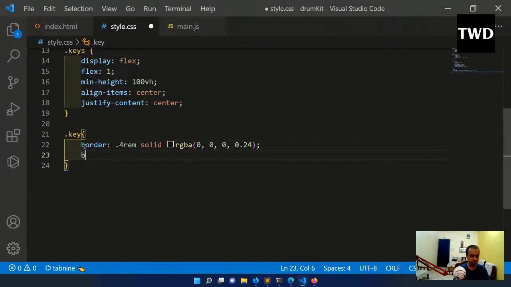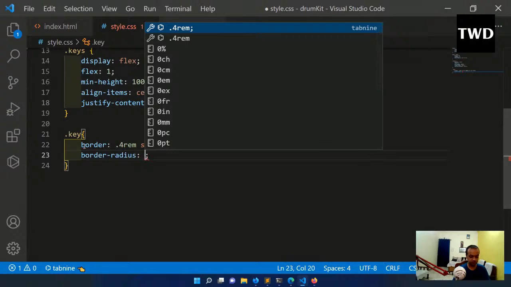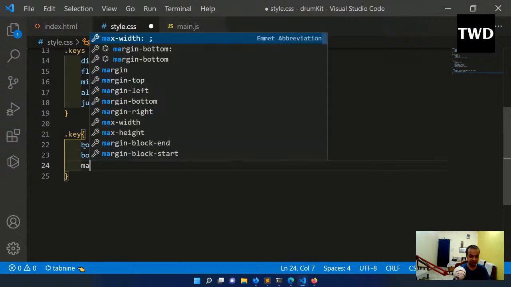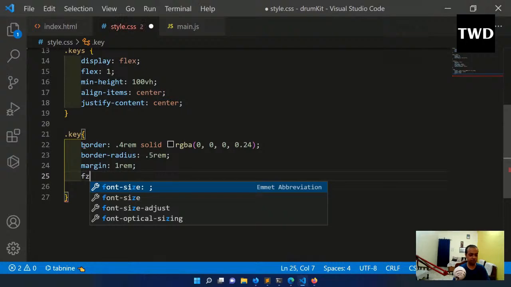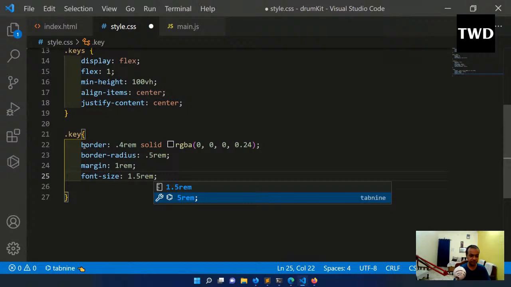Okay, then border radius of 0.5 rem, margin of 1 rem, font size of 1.5 rem, and padding of 1 rem and 0.5 rem,